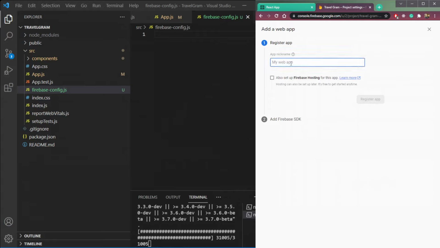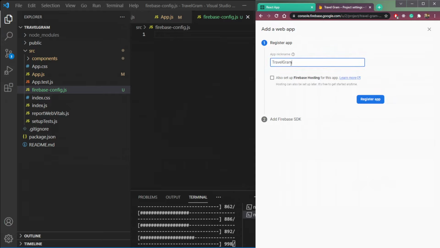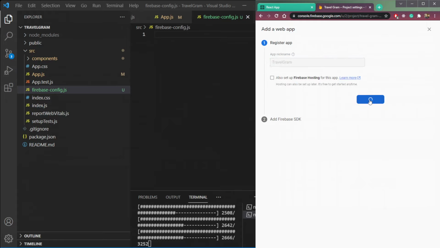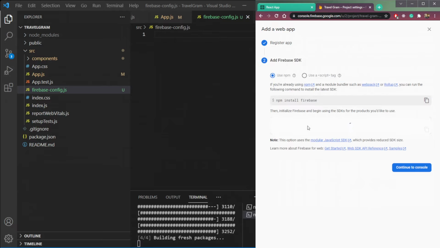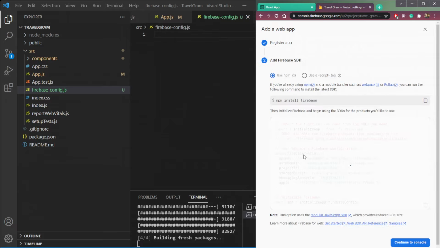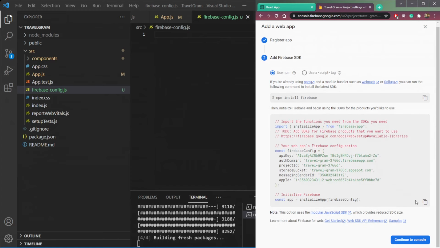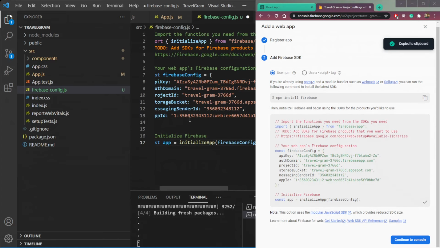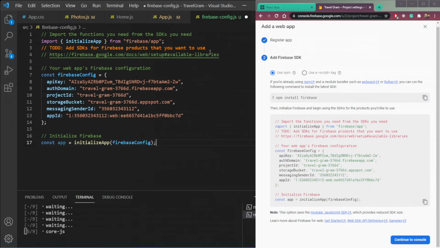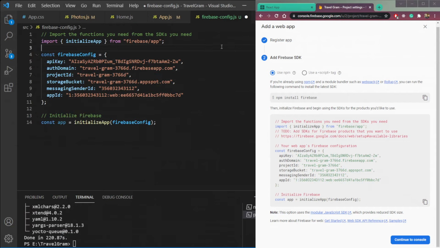So the app name will be, let's say, Travelgram. Then register app. And we need to put all these configurations inside our Firebase config file that we just created. So we don't need these comments, remove them, and then export this constant app.